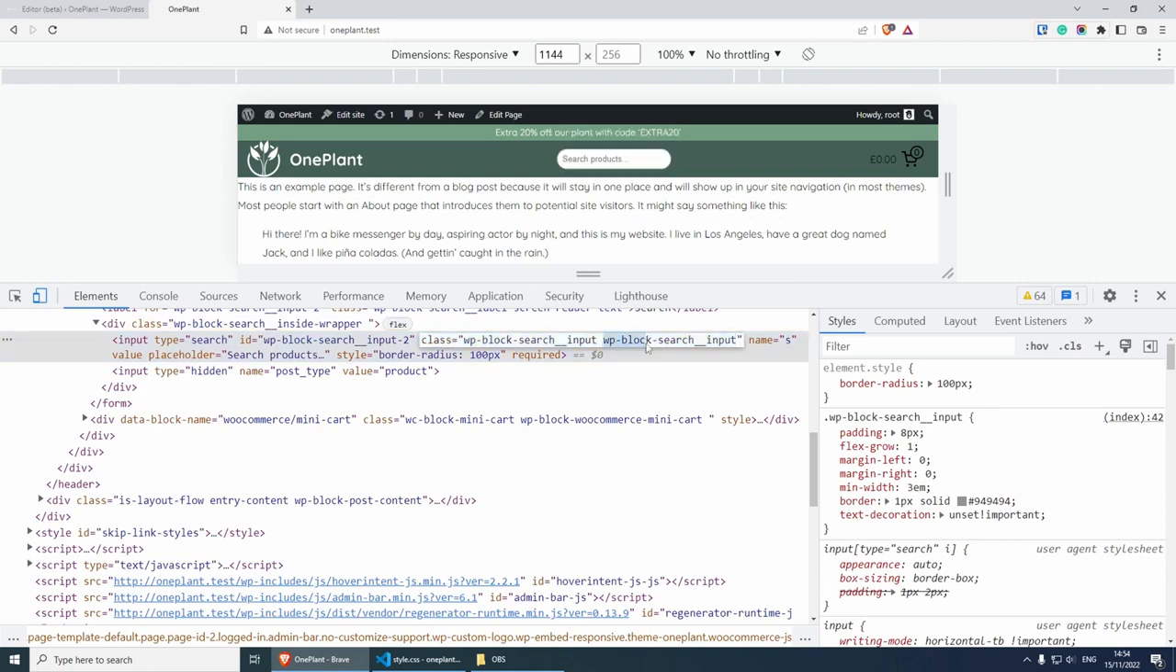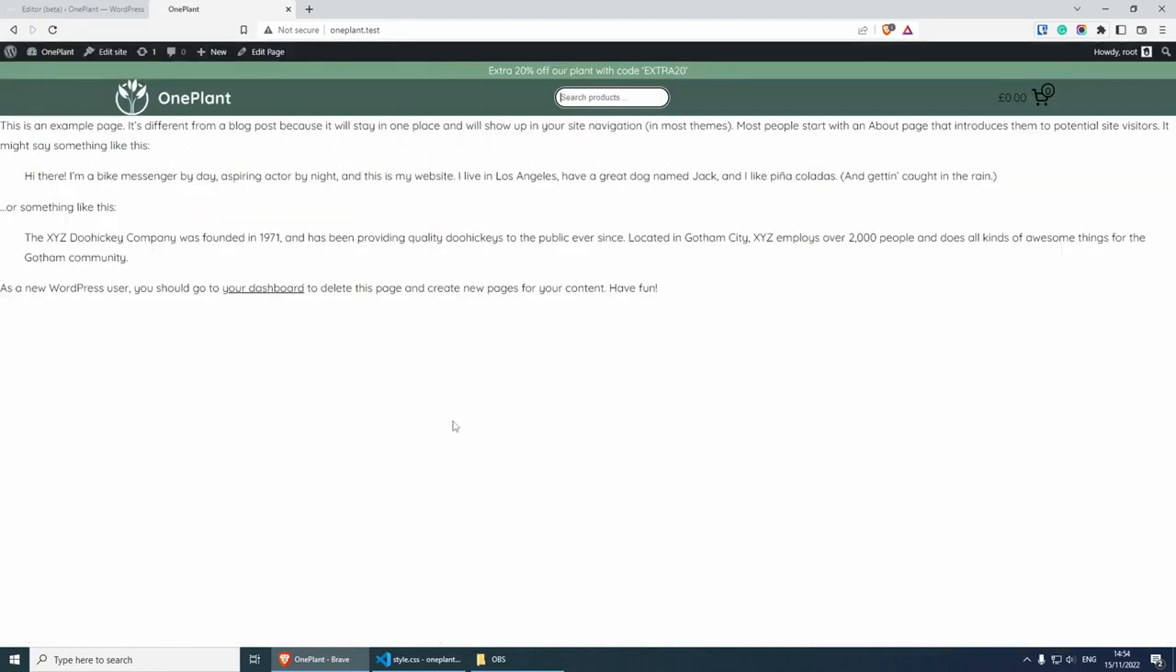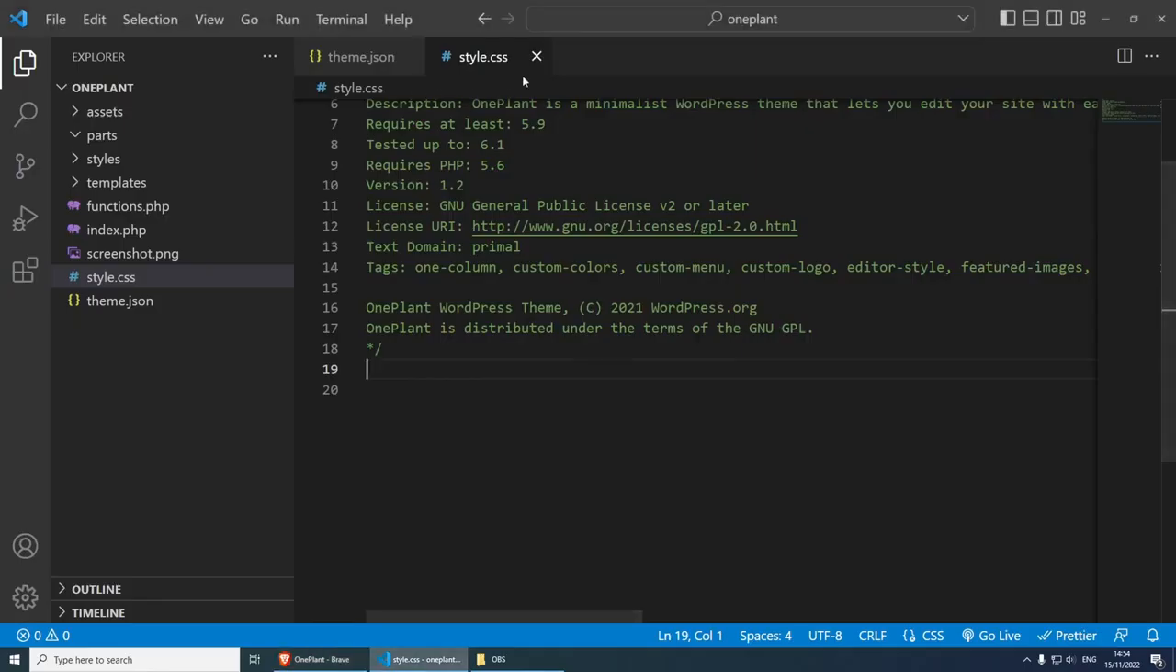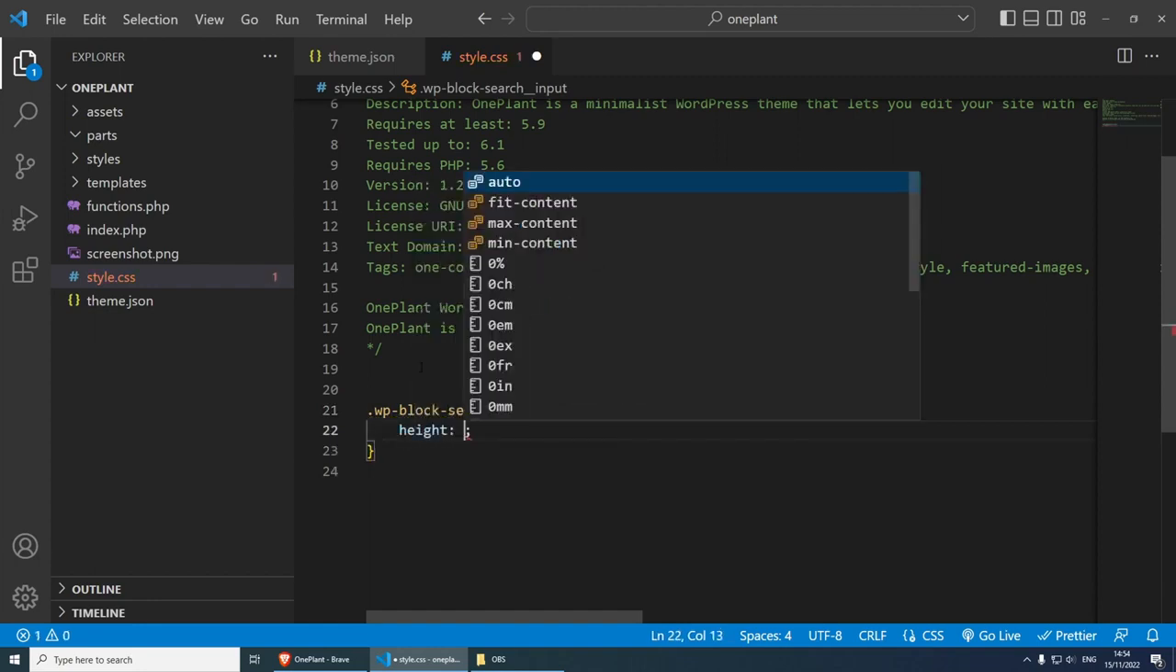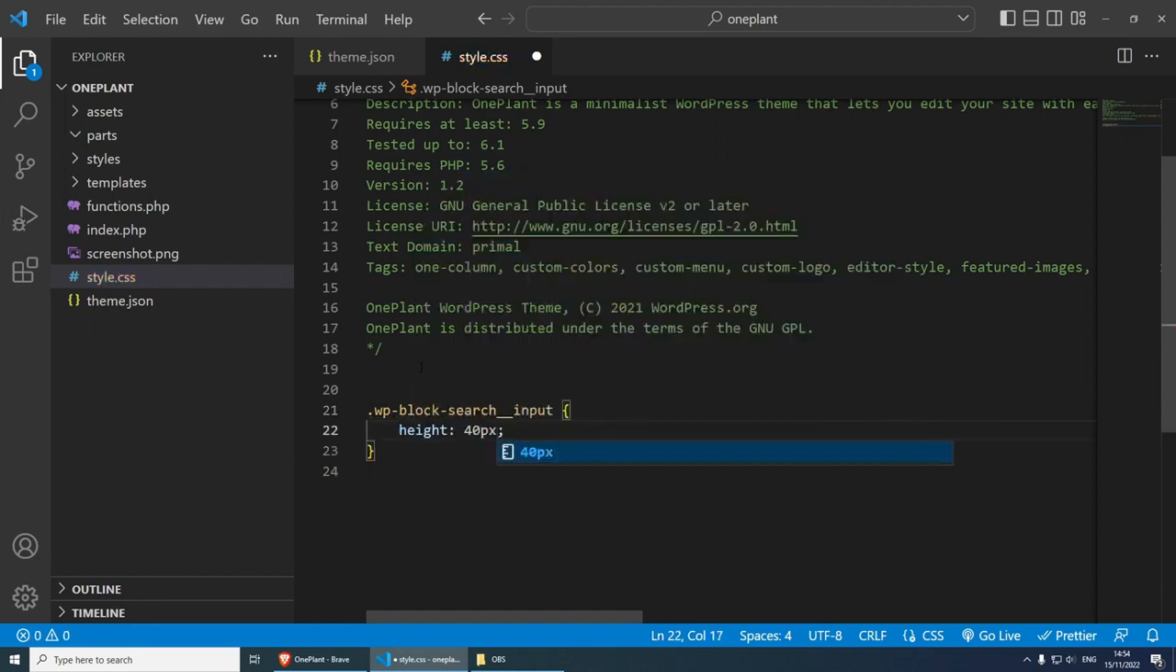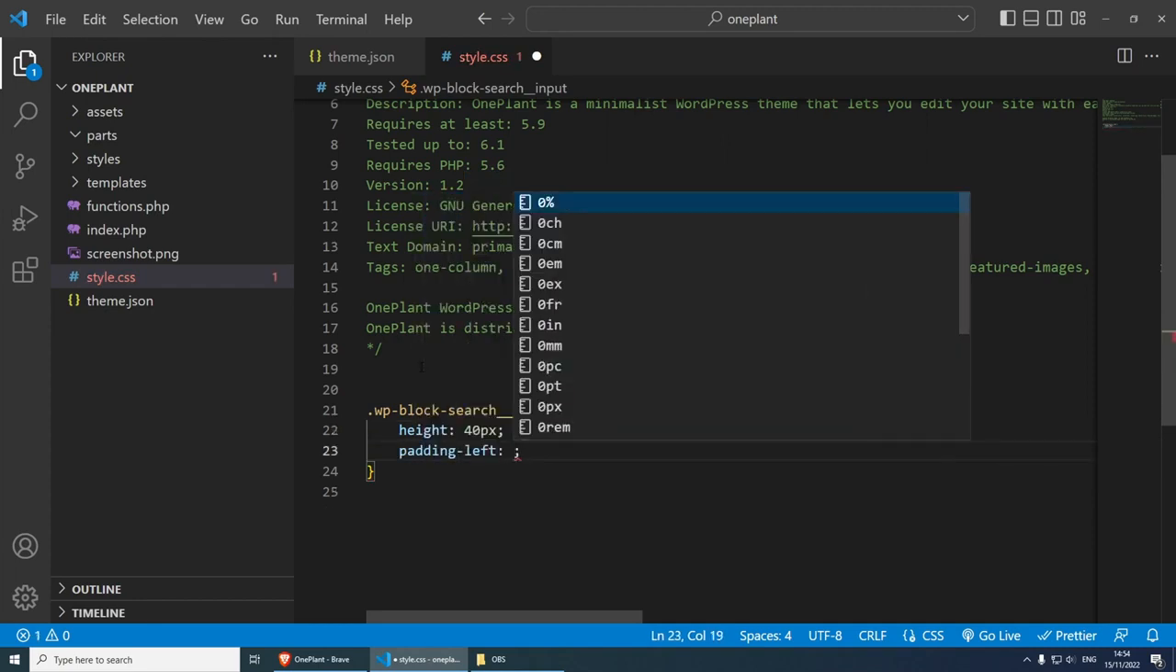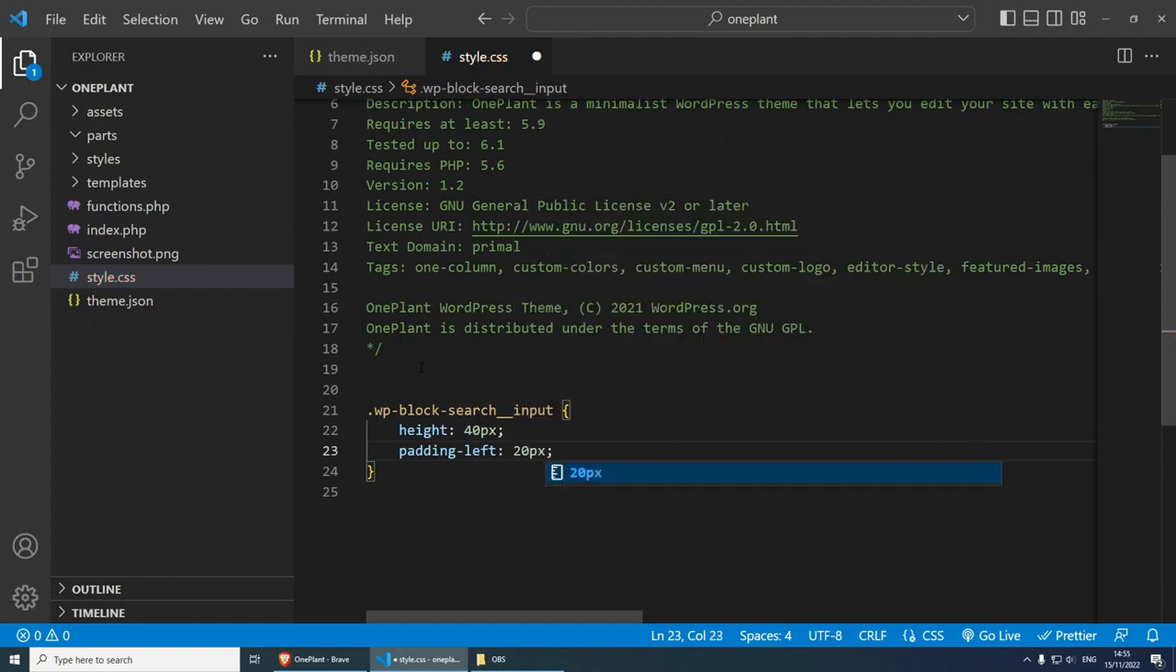This one looks good to me, the WP block search input. So I'm going to copy this and jump into the editor, open style.css, and inside here is where we're going to do a class name, which means you put dot and then wp-block-search__input. And inside here is where I'm going to change the height, since we can't do it from the editor, to something like 40 pixels. And I'm going to do padding left of 20 pixels, just so we can move the